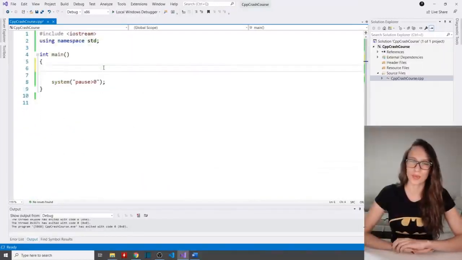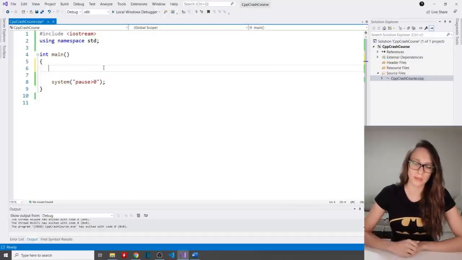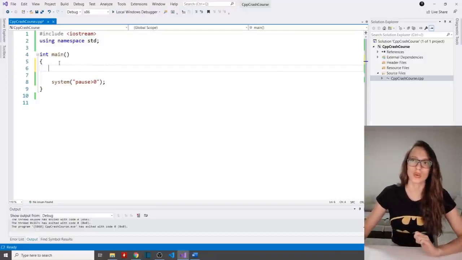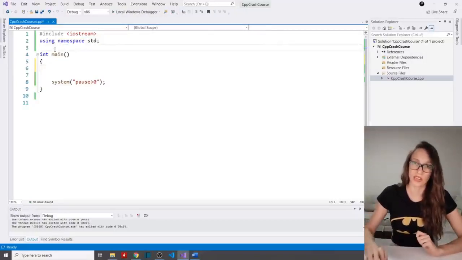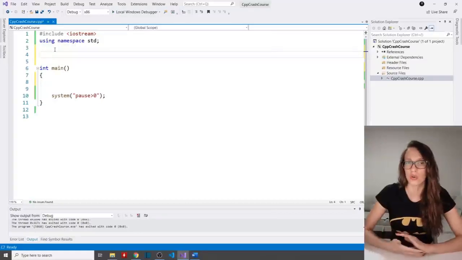Let's now talk about switch case. And switch case is a form of selection that you use when you have multiple options to choose from, so multiple cases. And switch case is usually used when you don't necessarily check on a Boolean value, so you check on some other data type. So I'm going to create here an enumeration. So I haven't mentioned enumerations earlier, but I'm going to show you how you can create an enumeration in C++, because we are going to use that for this example.